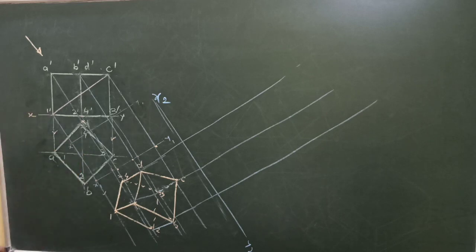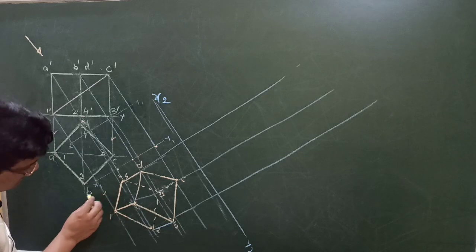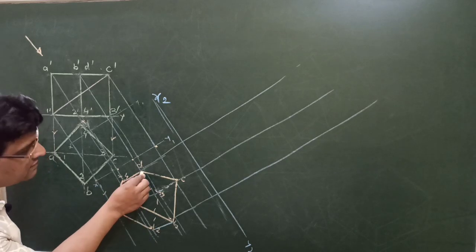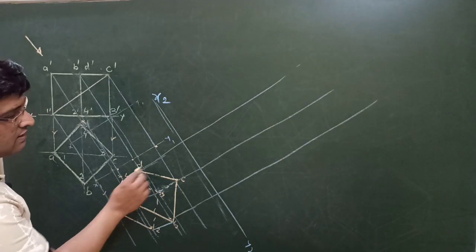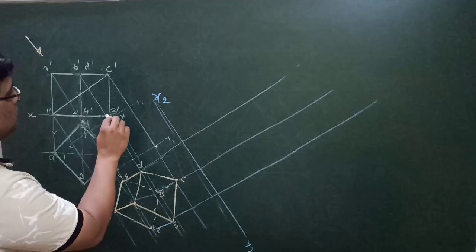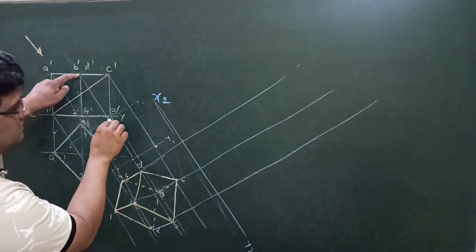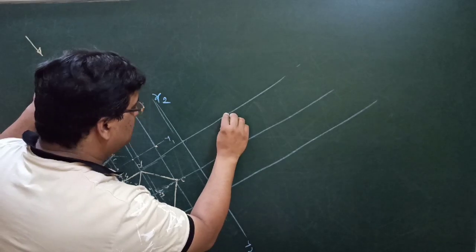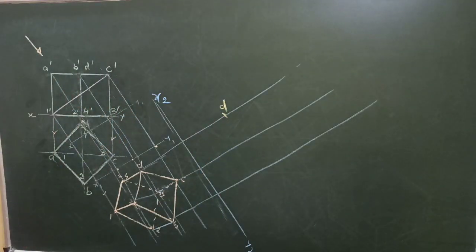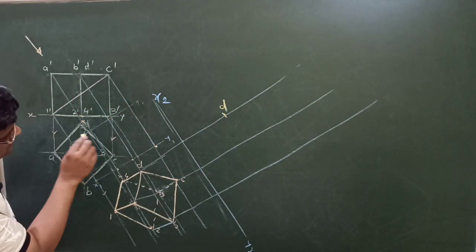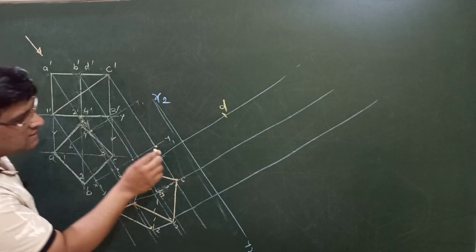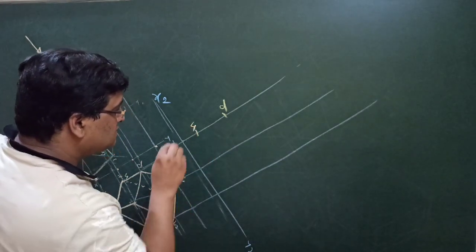So let us start with this point. Here there are 2 points. One is 4 and another one is D. So we have to take the distance of 4 and D on this particular line. So this is D, this much of distance. So we can cut here. It will be somewhere around here. So this is D. For 4, from the XY line to 4, this much of distance. Take this distance and cut here. So this is 4 now.